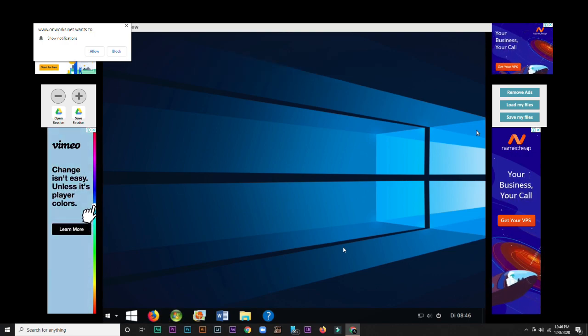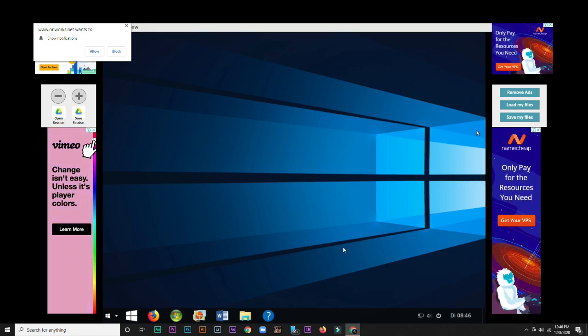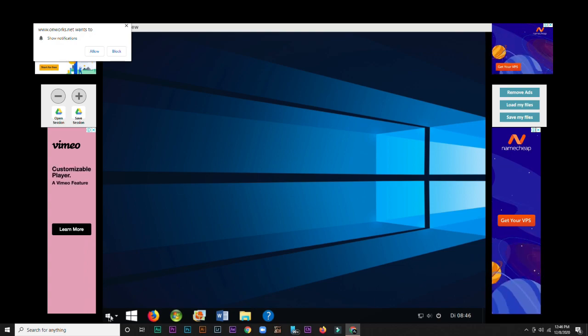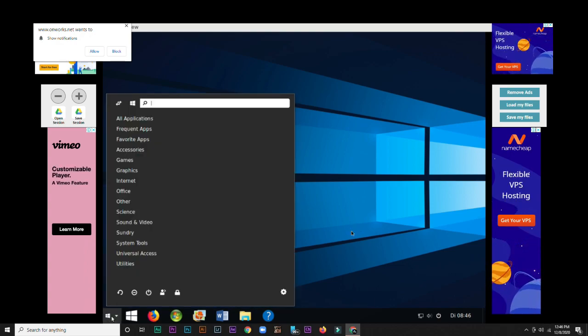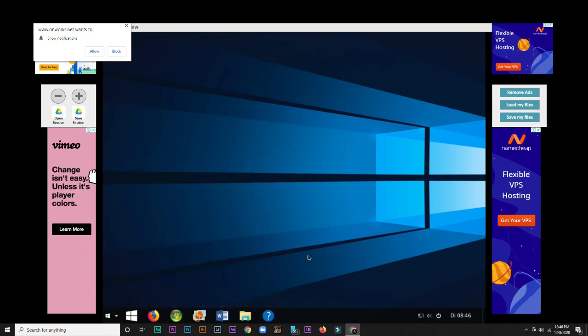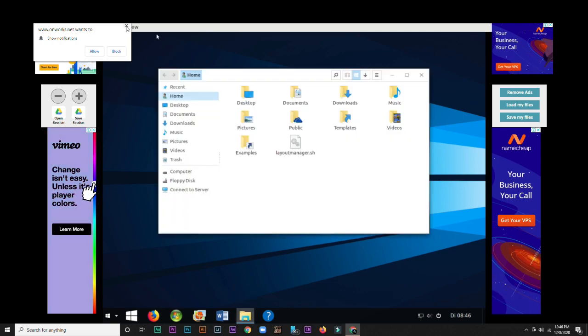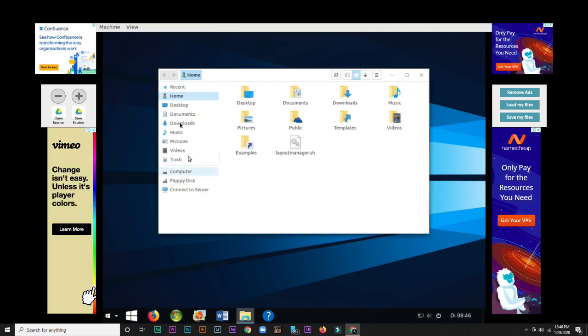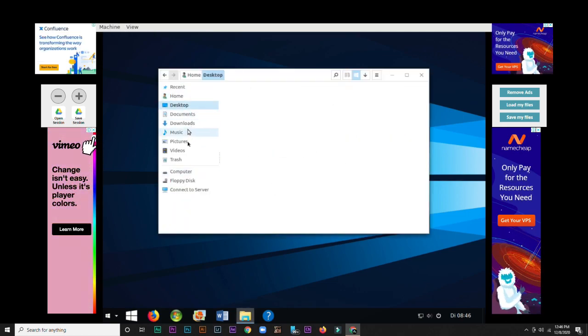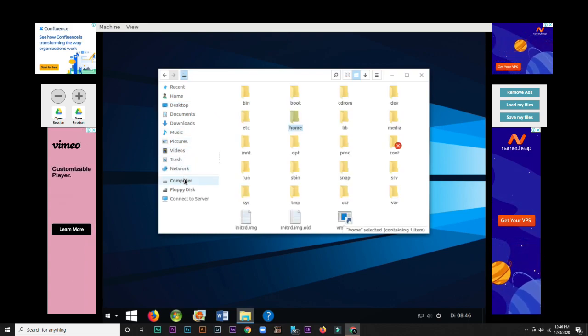Now as you can see, the computer is live and you are on a live computer VPS. It would be a bit slow, but it will be useful for you. If you go into My Computer, these are your drives, folders, whatever you like.